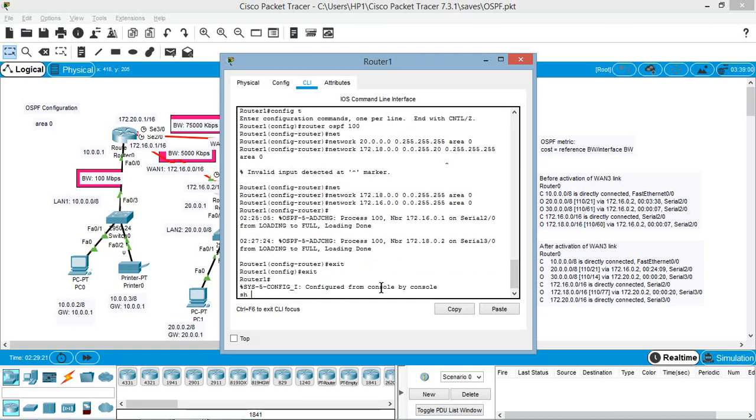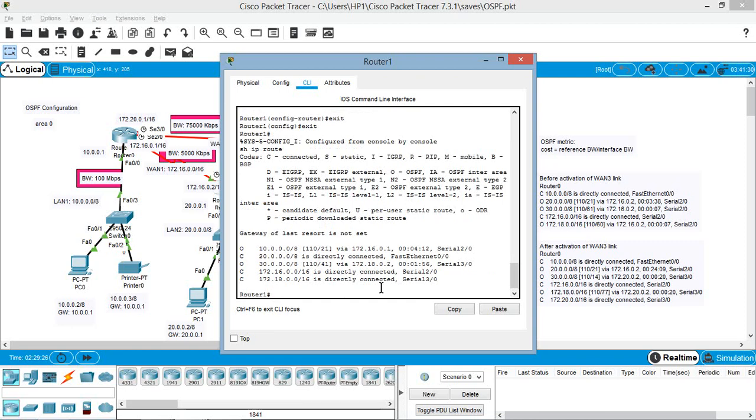The command is show IP route. So here also you can see the directly connected networks for this router 1 and the networks learned through OSPF.